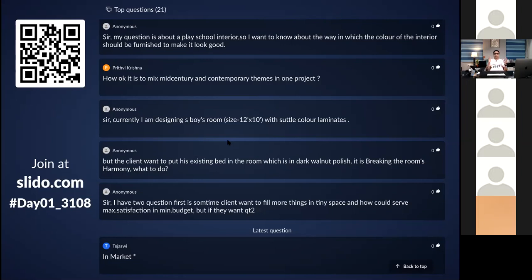So see, a retail shop is very simple, because we have limited space for planning. What happens is, you have walls around, right?